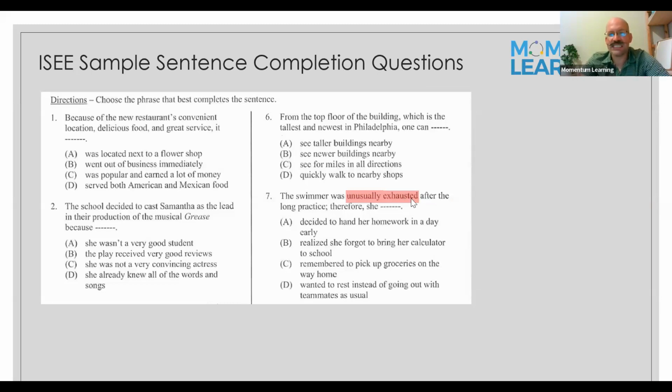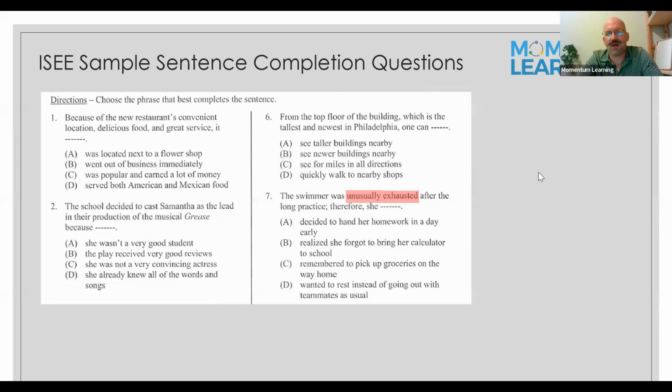Olivia, what would be a synonym of unusually exhausted? Unusually tired. Yeah, and you could just say tired. If you made the connection to, oh, they're talking about a girl that's tired, that helps you fill in the sentence. Yes, Samuel, you have a question. You want to do the next one? Sure. Awesome. All right, so let's look at number 6.